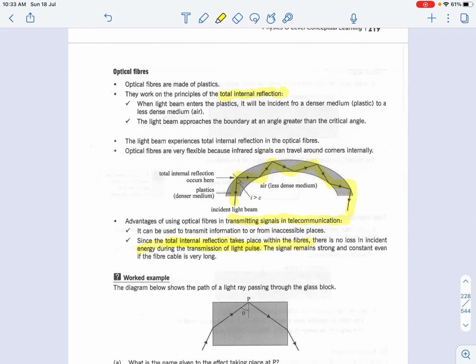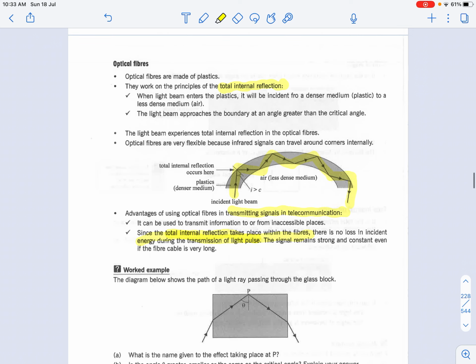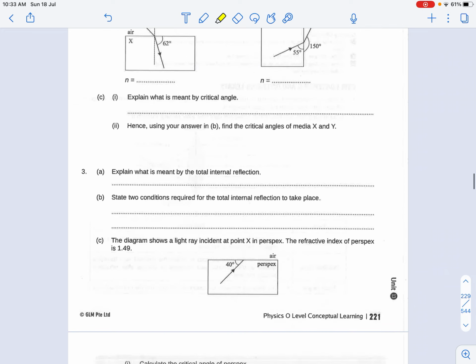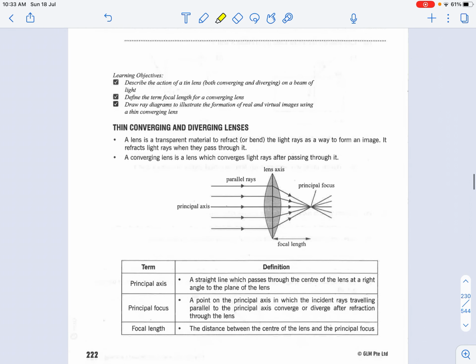For internet, it can also transmit data, like 1001, those kinds of binary codes, and due to the turning on and off of the light ray, you can represent all these things. So the diagram shows the pathway of a light ray passing through the glass block, and what you can see is that this is an example of total internal reflection, as there is internal reflection occurring. Okay. So that comes to the end of refraction. The final segment is us talking about the thin converging and diverging lens, and then from there we can take a look